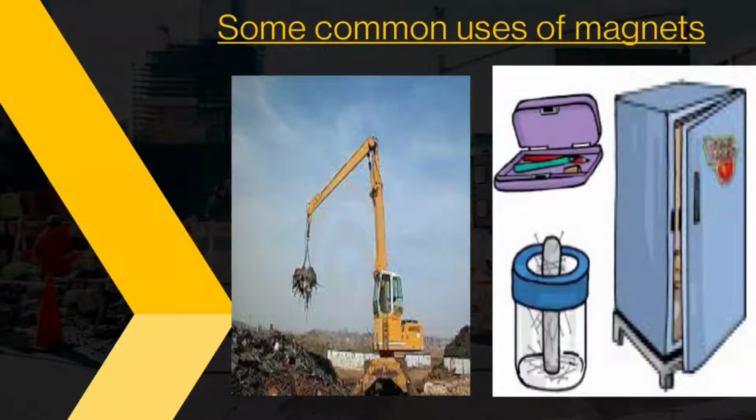The crane moves towards the heap of junk, and the long arm of the crane lowers a block over the heap, and after that it begins to move. Why? Because on the lower end of this arm one magnet is fitted. So when it moves over the heap, whatever iron things are there stick to the magnet, and they can easily move those big iron things from one place to another. Isn't it very interesting?